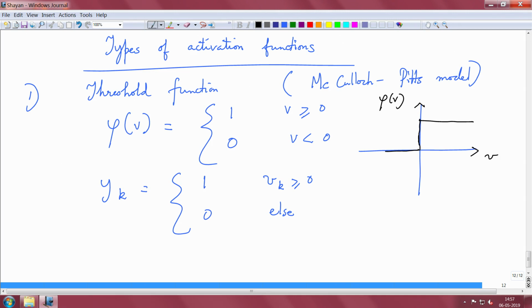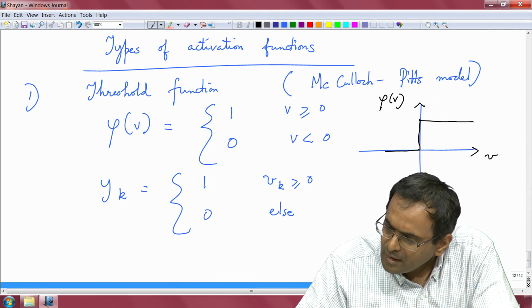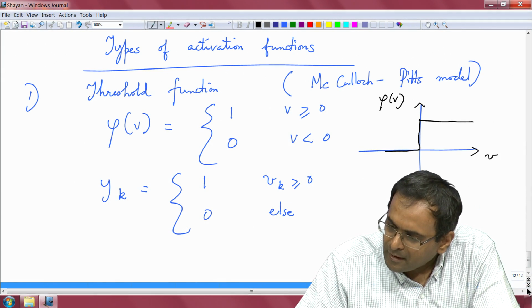So this is a very simple activation function, and we can think about how we form our decisions. If it is raining very badly, I am sure I will not step out of the house. If I know it is not raining, I move out of the house, I can go out. So it is a 1 or a 0 decision. These decisions we form, and even in the brain there is enough evidence where we make a clear yes, clear no when we take decisions, and this is the motivation for having these Heaviside functions. So, this is the hard limiter.